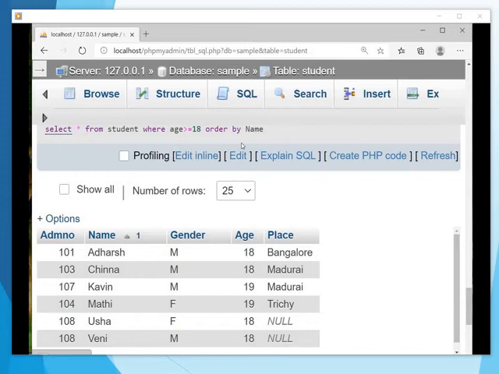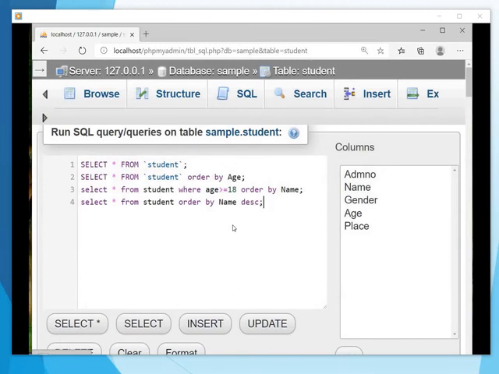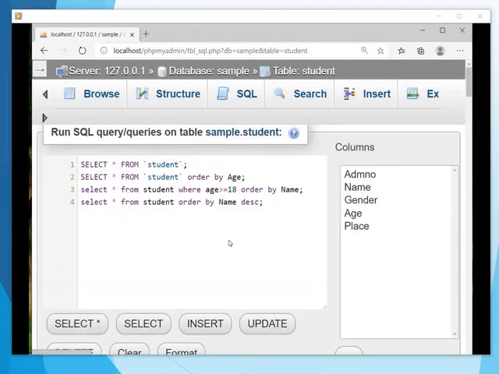So age is greater than 18, ORDER BY name. Next, the names are arranged in descending order.